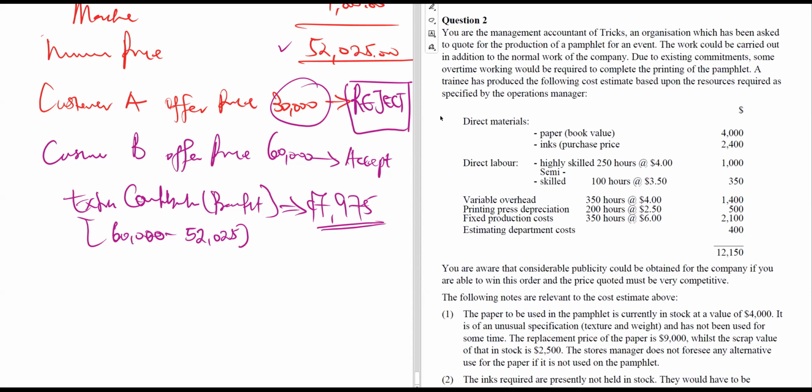Okay, so let's see this one, then we can say good night. Now, you are the management accountant of Tricks. This one is for you. You are now going to answer this based on what you have learned. I've done my part. You are the management accountant of Tricks, an organization which has been asked to quote for the production of a pamphlet for an event. The work could be carried out in addition to the normal work of the company. That means the company has its normal work, but this is in addition, meaning incremental, right? Due to the existing commitment